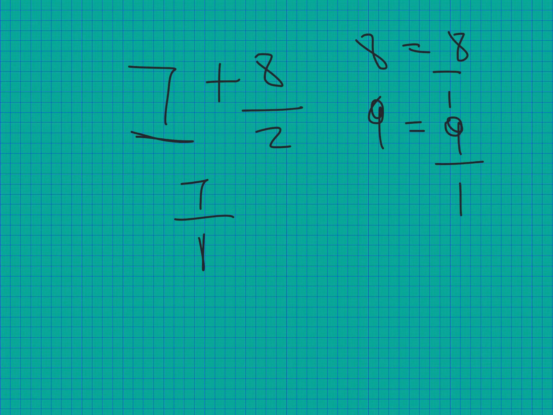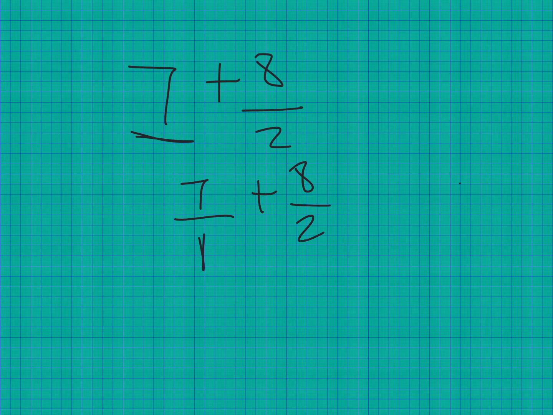Because fractions are honestly just division. So 7 divided by 1 equals 7. 8 divided by 1 equals 8. And 9 divided by 1 equals 9. So it's just the same thing. We're just putting it in fraction form, so it's easier for us to add it up. Okay, so now that we have this here, we're just going to do plus 8 over 2, so we can